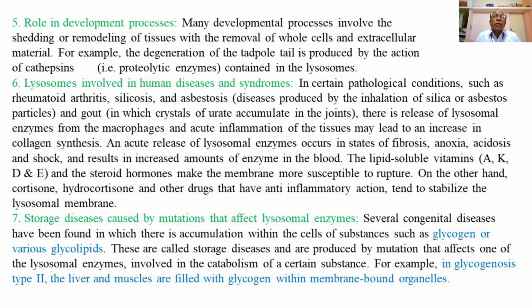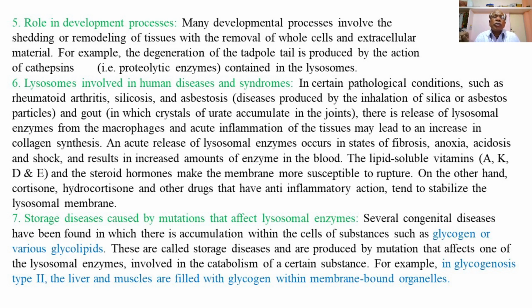Lysosomes are involved in human diseases and syndromes. In certain pathological conditions such as rheumatoid arthritis, silicosis and asbestosis, that is diseases produced by the inhalation of silica or asbestos particles, and gout, in which the urate crystals, that is crystals of uric acid, accumulate in the joints. The disease namely gout, in which there is an accumulation of the crystals of uric acid or urate in the joints. So there is a release of